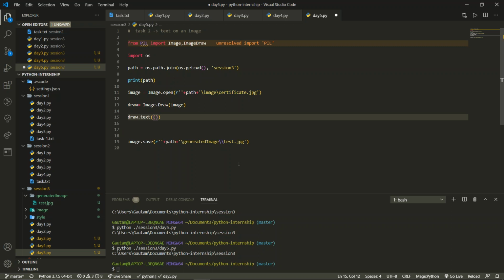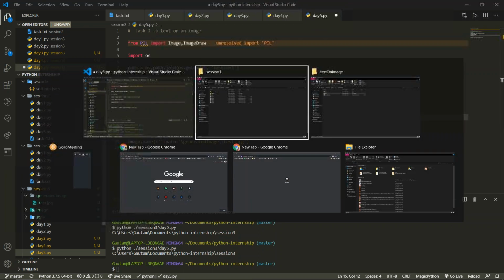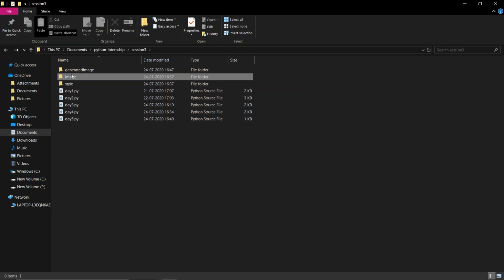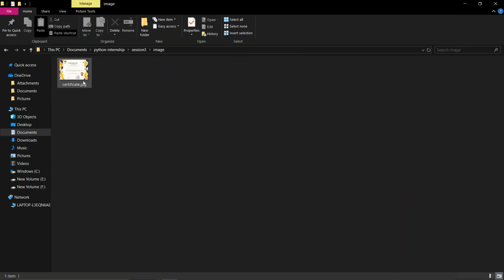For writing the x-axis and y-axis, you need to be very careful with the image size. What dimension does the image have? We are over here, session 3, image, and to get the size, just hover over this. You will find that this image has a dimension 3508 cross 2478.